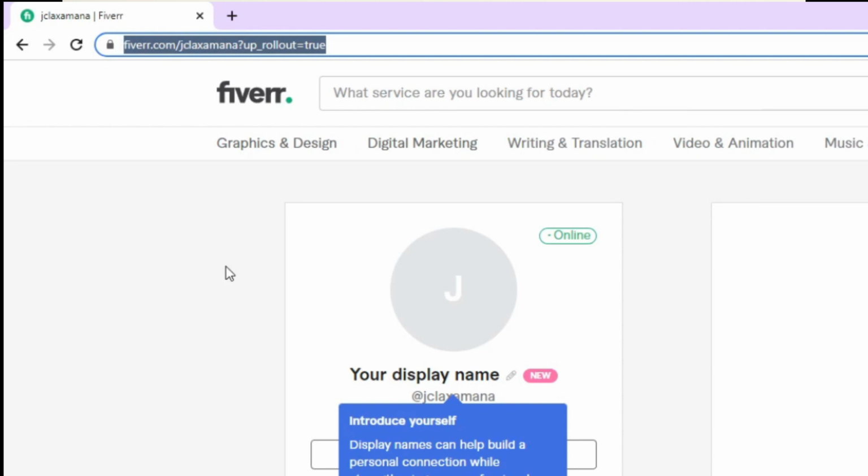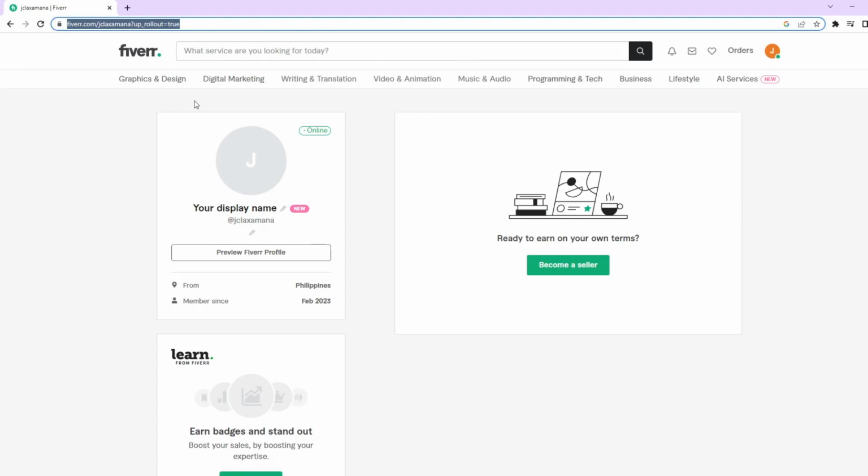entire Fiverr profile. You can use a link shortener such as bit.ly to shorten your Fiverr profile link to make it more presentable. Submit the short Fiverr profile link to your buyer. And that's it. Remember to optimize and engage your Fiverr profile to make a good